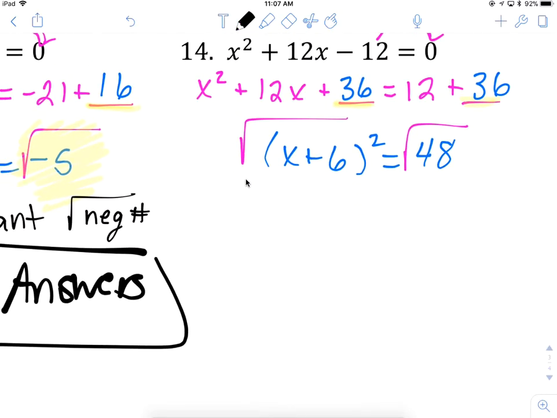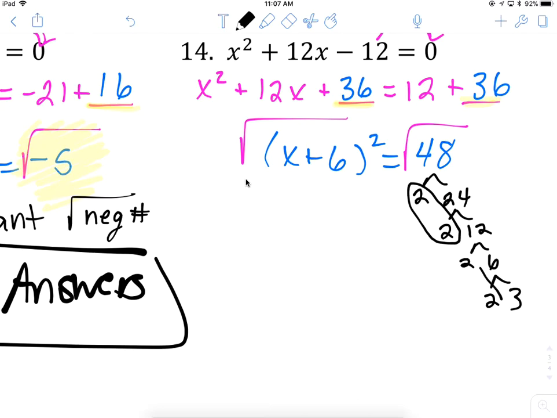So we're going to have to do a little factor tree on this. 2 and 24, 2 and 12, 2 and 6. I'm doing 2 until 2 doesn't work. 2 and 3. And I actually ended with a prime number, 3. So if I look at this, I have a pair of 2's, another pair of 2's, and then this single 3 over here. So when I write out my answers, I'm looking at x plus 6 equals plus or minus